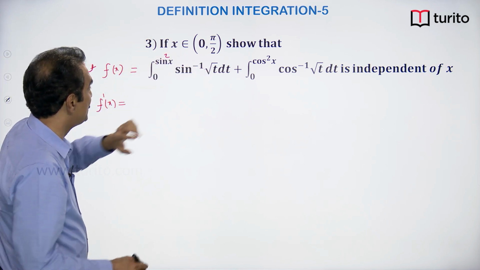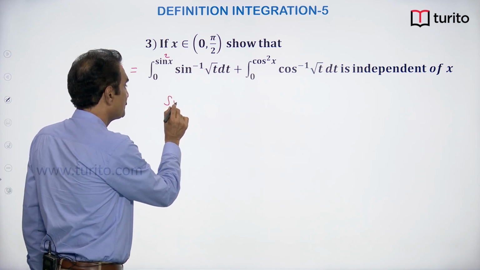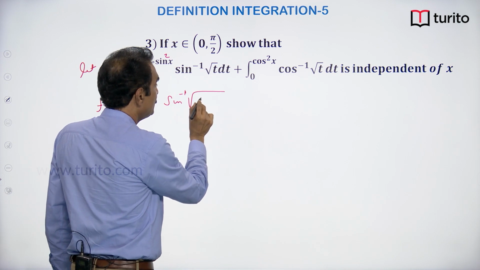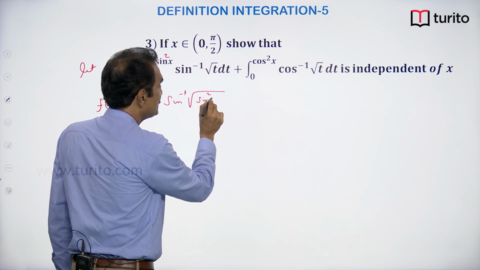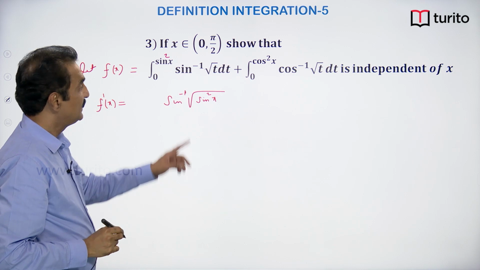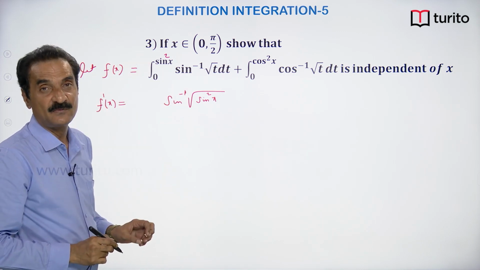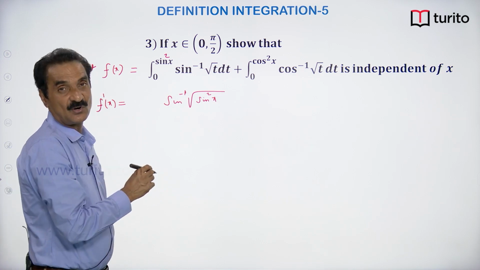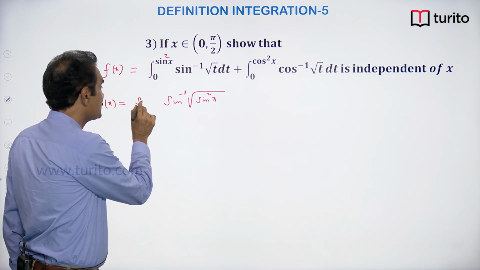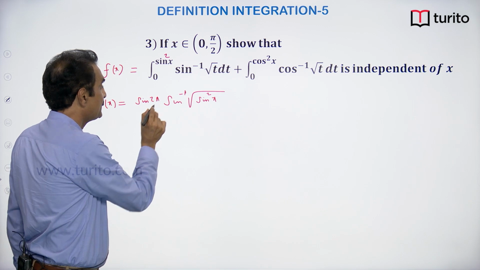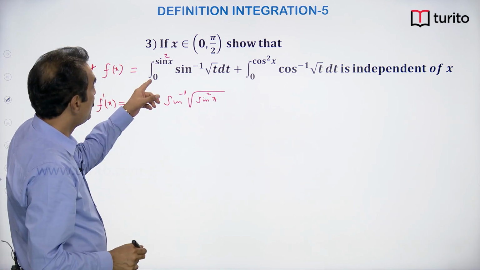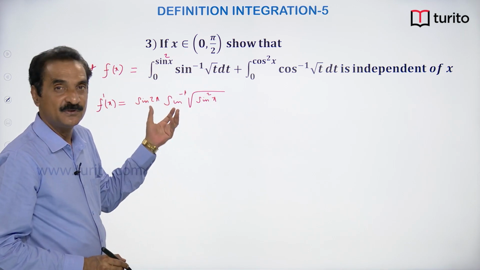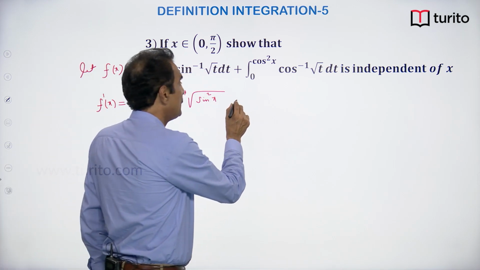Replace t by upper limit first, sin inverse of root sin square x. Then we have to multiply by the derivative of the upper limit. What is the derivative of sin square x? 2 sin x cos x, that is sin 2x. And the lower limit is 0, so substituting 0 and multiplying by the derivative of 0, it will be 0 only. Now coming to the second integral,